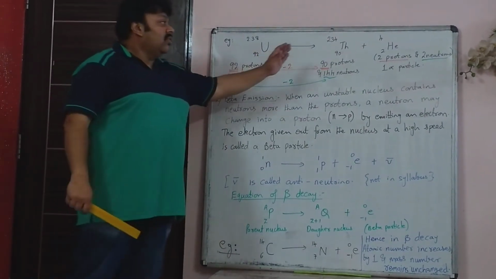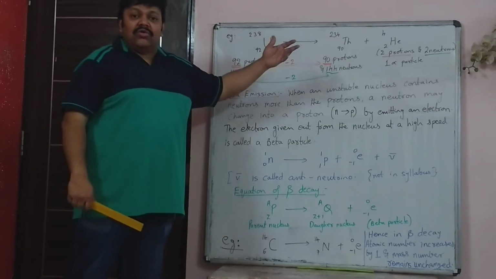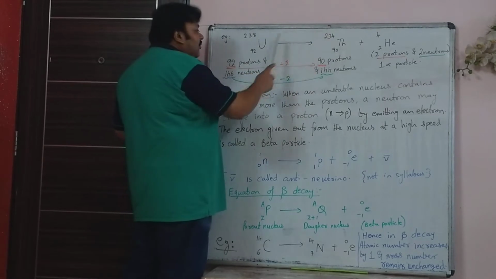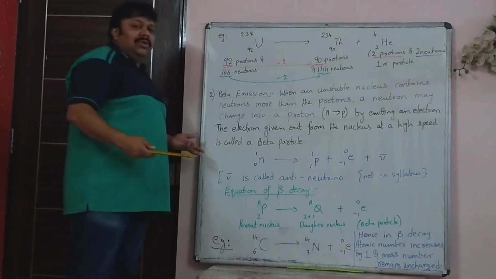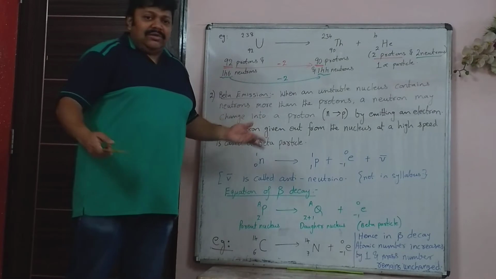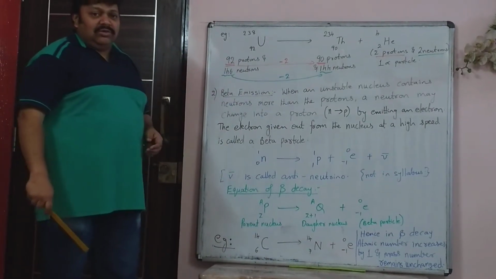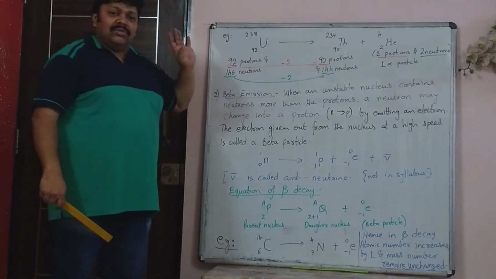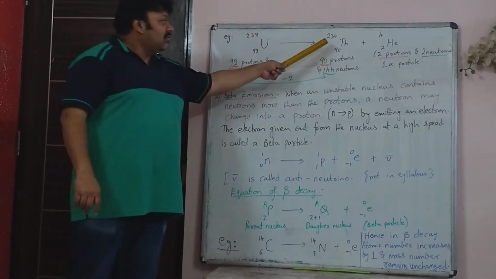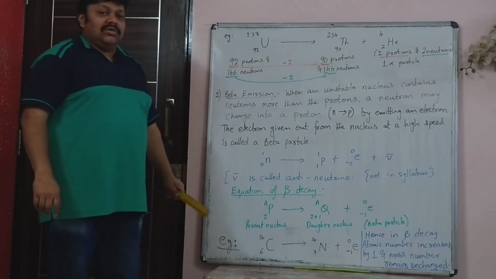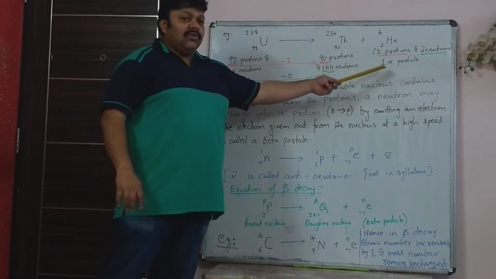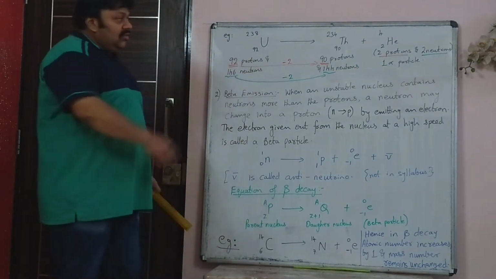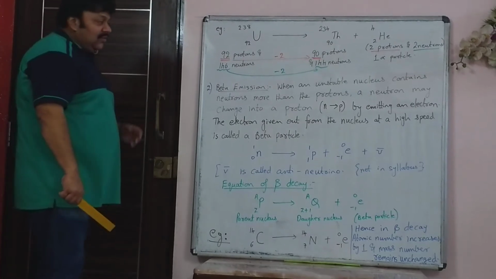In your board exams, you get one reaction like this to complete. So it's very simple. If it is alpha, mass decreases by 4 and atomic number decreases by 2. That's what you have to write. There is no big confusion like a lot of equations or anything. Any alpha decay, the same thing happens. Mass decreases by 4 and atomic number decreases by 2. And of course you will have to show what decay is taking place, so that particle will be emitted out. So in this case it is an alpha particle.